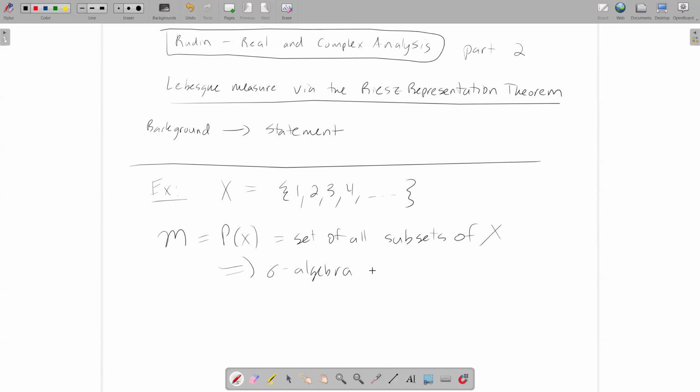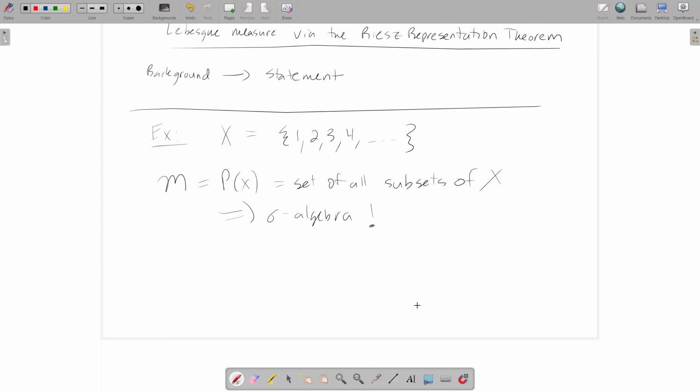If you review those conditions, I did actually say it verbally that the power set is always a sigma algebra. And then we can define